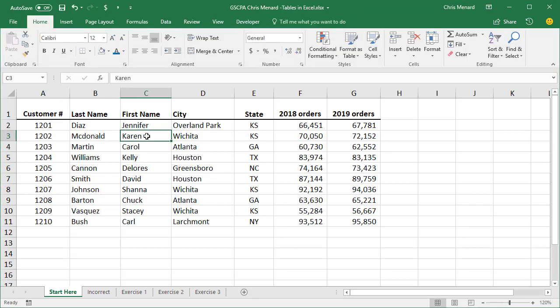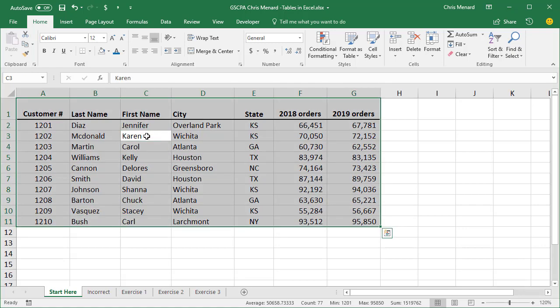Before you convert a range to a table, you need to make sure you don't have any blank columns and blank rows. So here's an easy test. Ctrl A on the keyboard will select only the range you're currently working in, and then Control and the period key will move you around the four corners. So I'm holding down the Control key and just pressing the period, and I can see that this range is